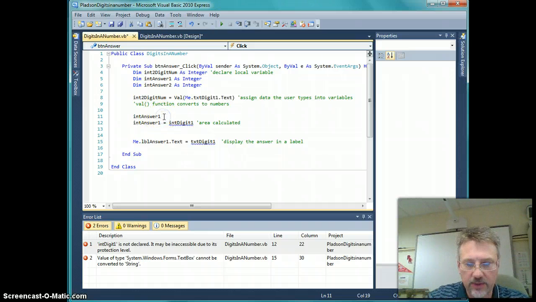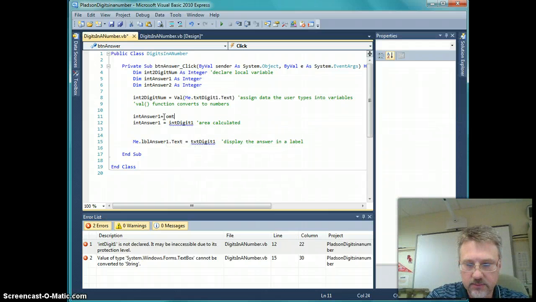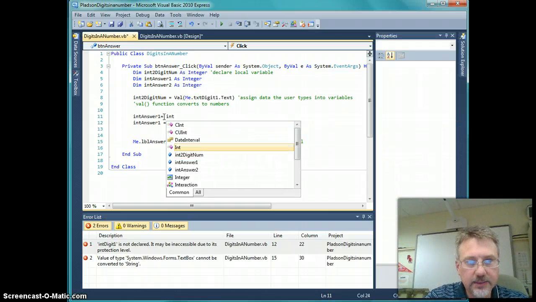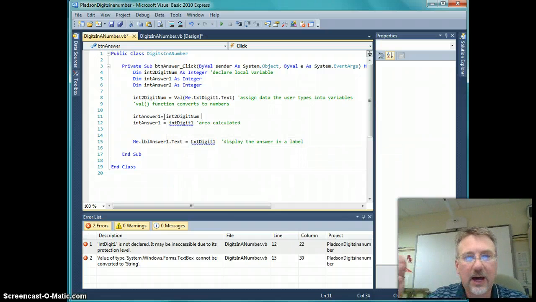So here's answer 1, that's one variable. So what does answer 1 equal? Well, it equals int of the 2-digit number that they give me. Well, how can I take that 2-digit number that they give me and figure out what the first digit is,